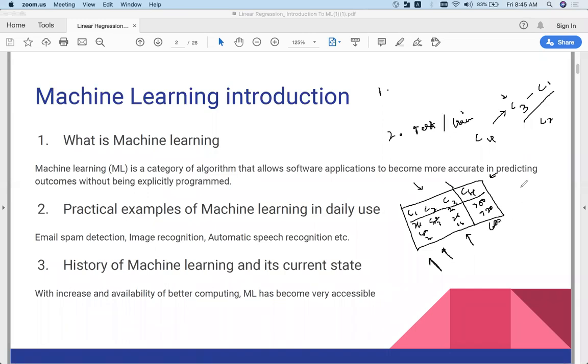Now, let's say you are applying for a loan. They will not look at these three columns. They'll just do an average of this and say, hey, this guy has a good credit score, which means that he will spend more and he's also earning a decent amount. So let's give him a loan.